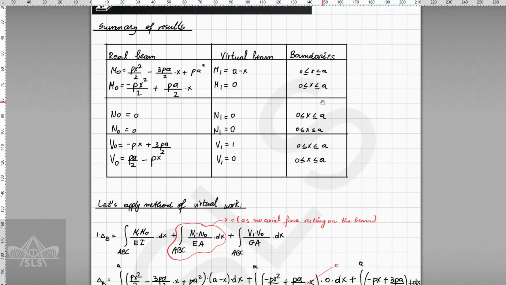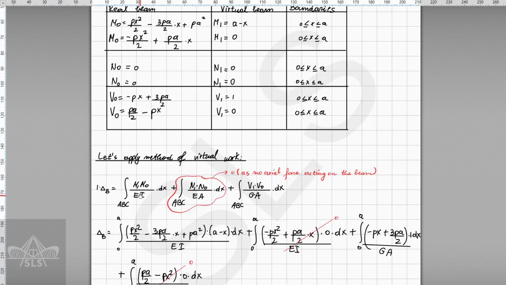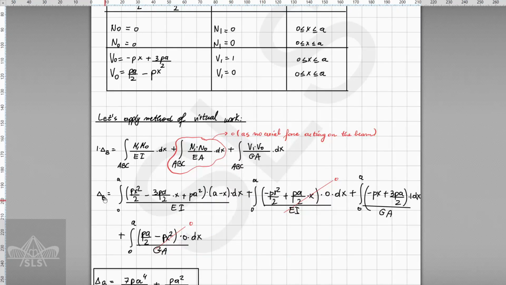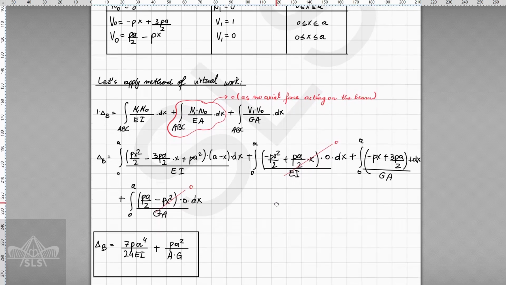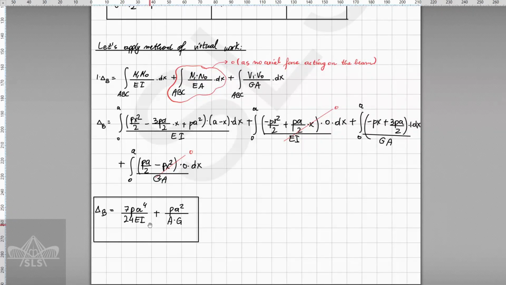The next step is to apply the method of virtual work, and we are doing that to find the displacement at point B. As on this beam we do not have any lateral forces, the axial action is going to be disregarded, as it's going to be 0. Then, by using the values which we got from the summary table, we apply the formula here with the bending moment functions which we take from the summary table, and by solving the integral, we are going to get the displacement at point